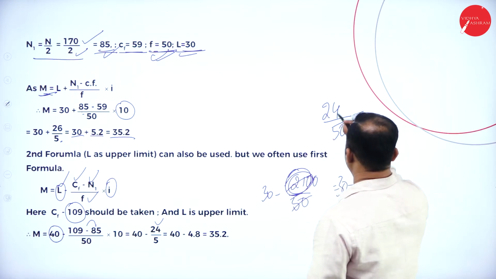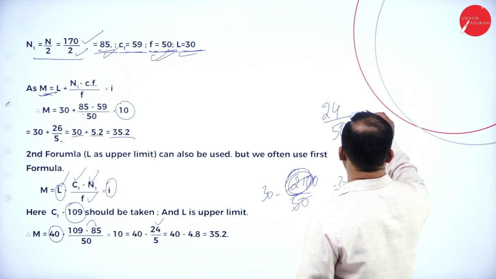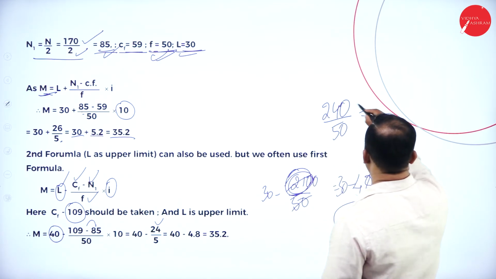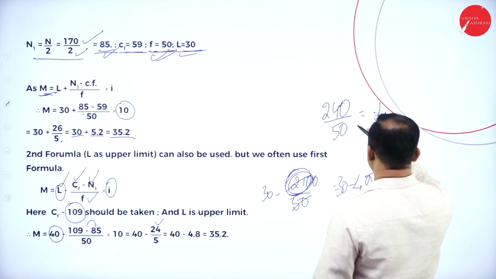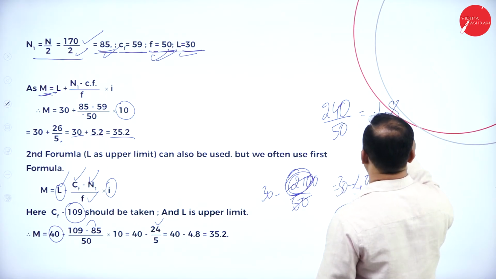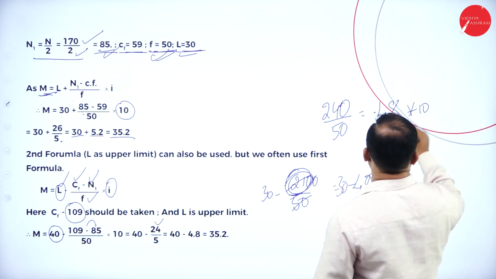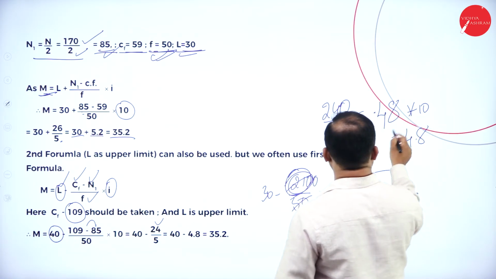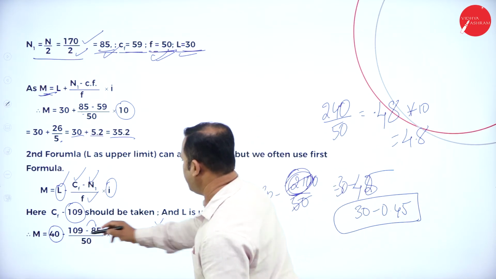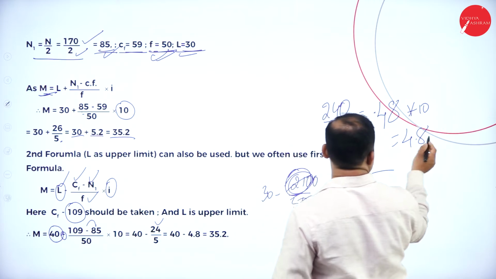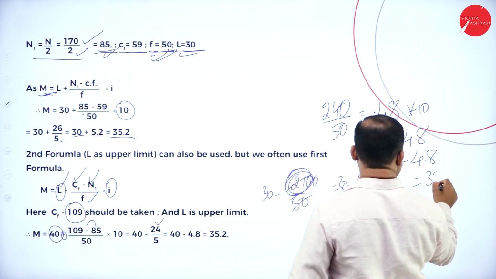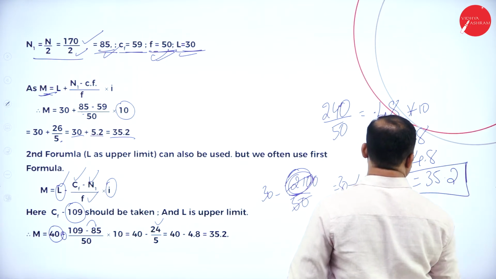Please see to it here, we have the terms like this, 24 by 50. 5 4s are 200, that is 50 into 4 is 200. We are left with 40. So 0.48 into 10, which is equal to 4.8. It is not plus, it is minus. We have the term minus here. So that is 40 minus 4.8, which is equal to 35.2. That is the value of this.